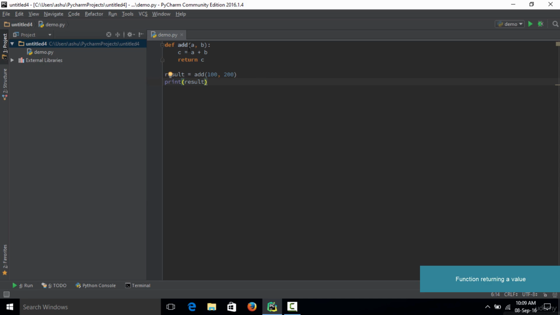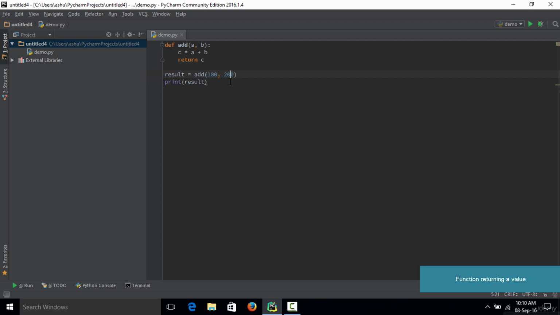Let me explain the flow of execution of this code once again. We have defined a function, which we already did in the previous lecture. We have added two numbers and saved the result into c. Now as this function is an addition function, we want to make it return some value, so we typed in return c. Now this function returns a value. That means when we call this function, we need to have some variable in place that is going to accept that value. In order to accept that value, we have used the variable result. So we type result equals and the function call,